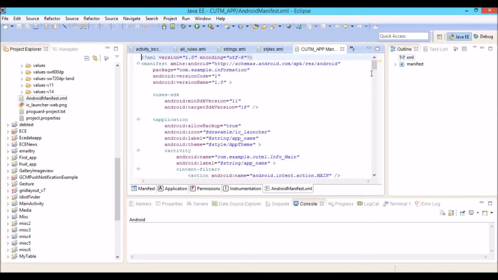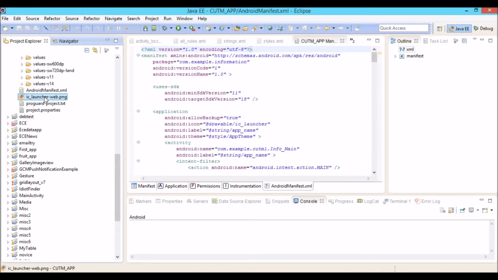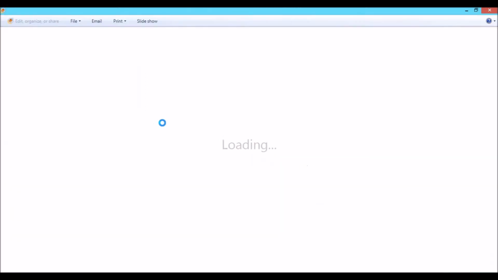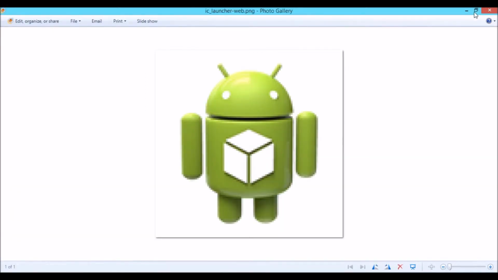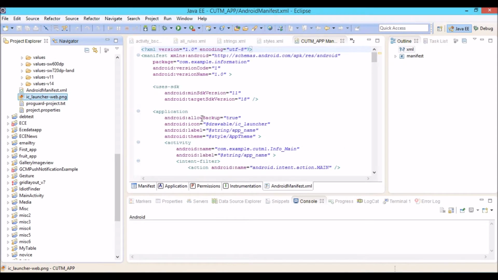All those things can be controlled by the manifest file. And this is the IC launcher web PNG, that is the icon for the project or app.